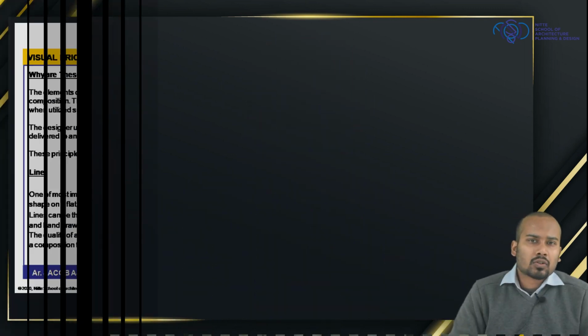Why are these visual forms and composition important to design? So the elements of design are the fundamental building blocks of any composition. When these pieces work together, they come out to give a good unified layout, and when it is utilized properly, they give out a strong dynamic visual layout. So the designer uses these elements as a tool to control how a message is delivered to the audience. So you can see these elements of design in a variety of fields like applied arts, photography and creative arts.